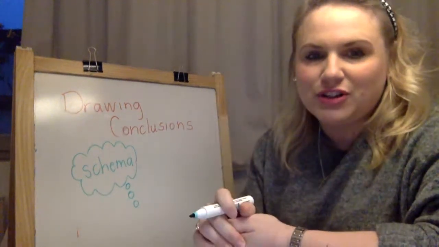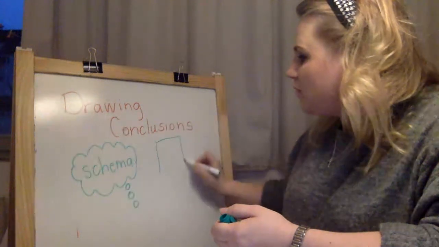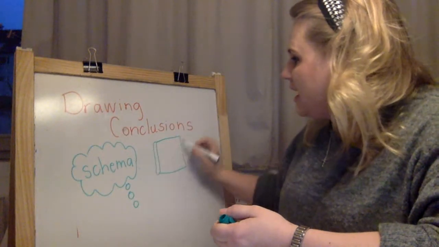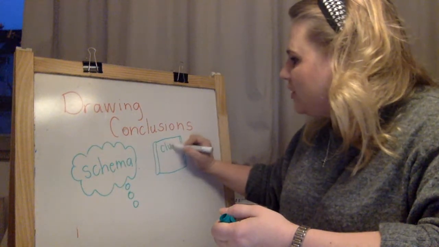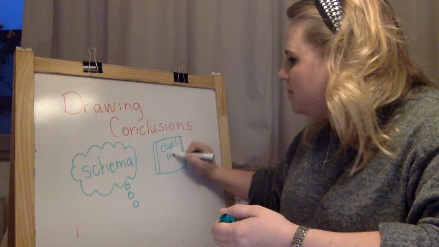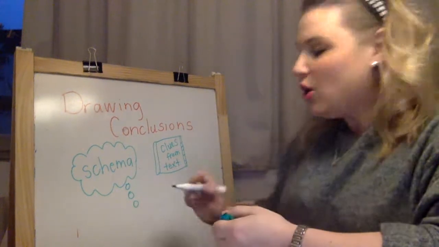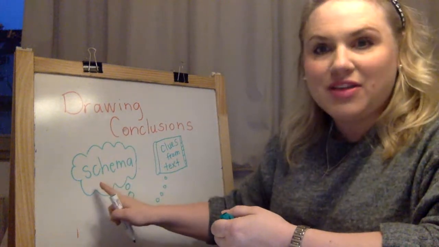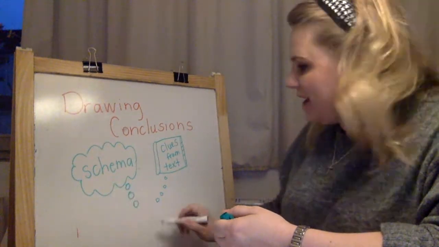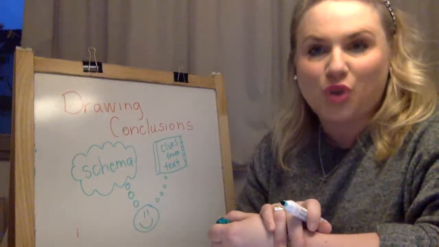And then we're also going to take clues from our text or our book that we're reading and put those together. So I'm going to say clues from text. So whatever book we're reading or story we're reading, we're going to take that along with our schema, the things that we already know in our brain, and we're going to put those together,